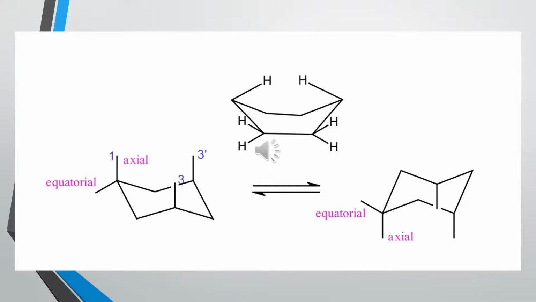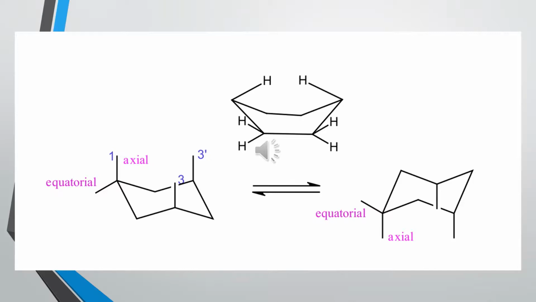ethyl, a chlorine, a bromine. And so we talk about ring flipping for cyclohexanes. We talk about chair 1 on the left, flipping to chair 2 on the right. And you can do this flip with your models. And when you do this flip, you go through an intermediate conformation, which is very unfavorable, and that's called the boat. So we have the chair, which is preferred, and the boat, which is a high energy intermediate conformational state,